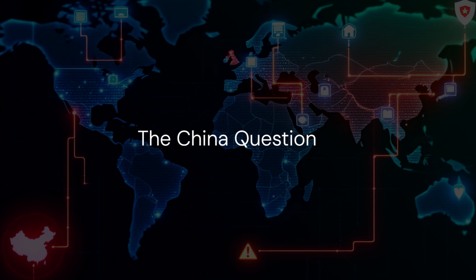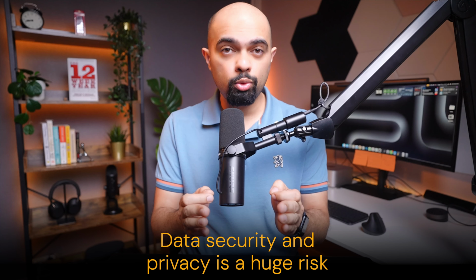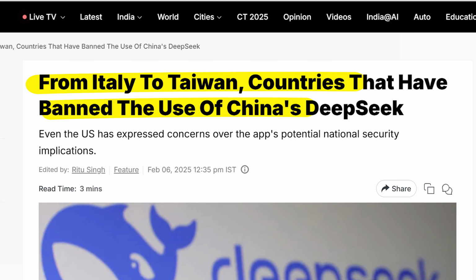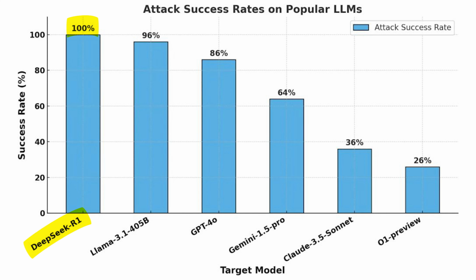And the third big risk is the China question. As an accountant who's worked with sensitive data for over 13 years, data security and privacy is a huge risk for any individual or company. DeepSeek's privacy policy clearly states that the information collected about you will be stored on DeepSeek servers in mainland China. Several countries, including Australia, Italy, Taiwan, South Korea, and others, have banned or restricted DeepSeek's use on government devices due to privacy concerns. That's not the only issue. A Cisco study found DeepSeek failed to block 100% of harmful prompts compared to only 26% of attacks succeeding against